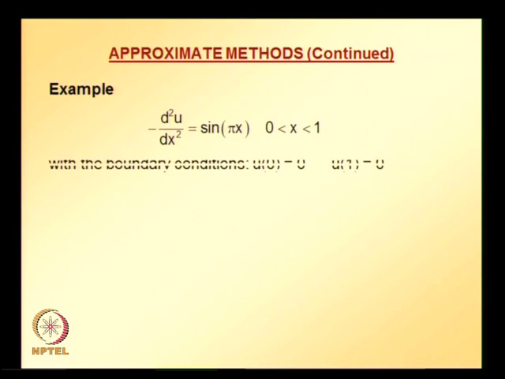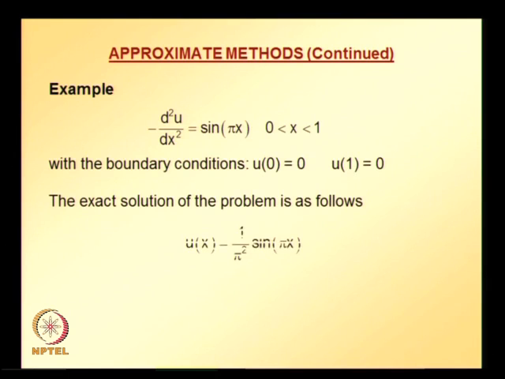So this is the example that we are looking at, and the exact solution is this one. So let us start with a polynomial based trial solution, and let us take a quadratic trial solution. It is up to us to what order that we can choose. So here we will solve this problem using a quadratic trial solution, that is, let u be a naught plus a1 x plus a2 x square,